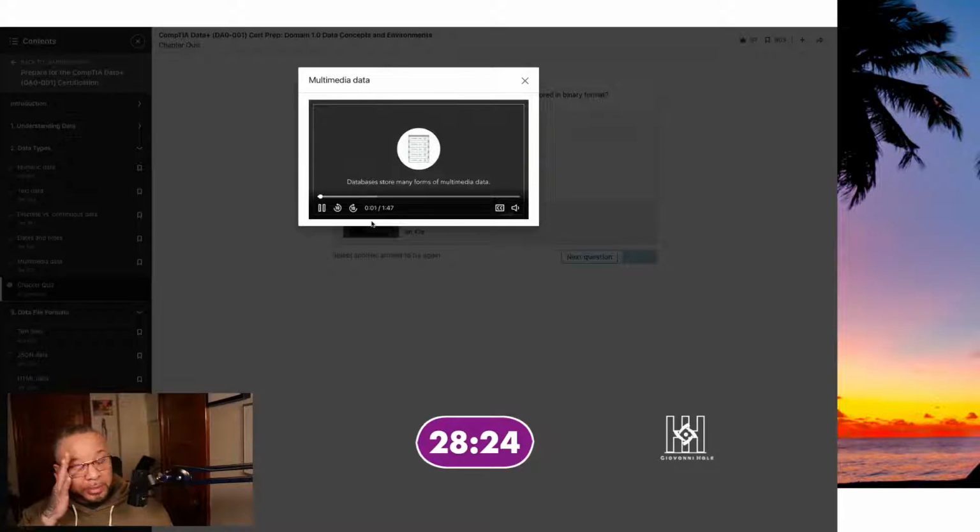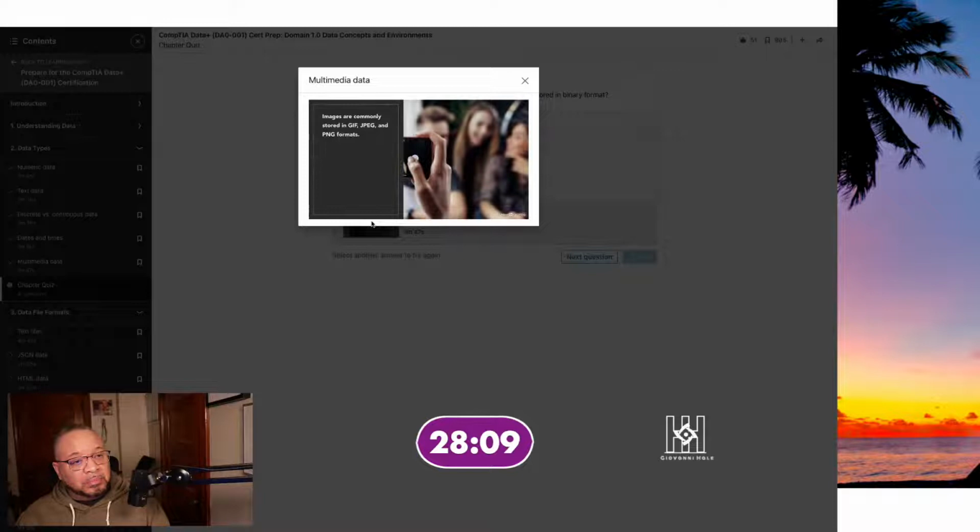While most of the data that we store in databases is in text or numeric form, we often have to work with multimedia data as well. Databases provide special binary formats that allow us to store multimedia data such as images, audio, and video. People around the world armed with smartphones now take more than 1 trillion photographs every year. Some of those photographs make their way into databases where they must be converted into ones and zeros for storage in binary form. Fortunately, image formats like GIF, JPEG, and PNG.